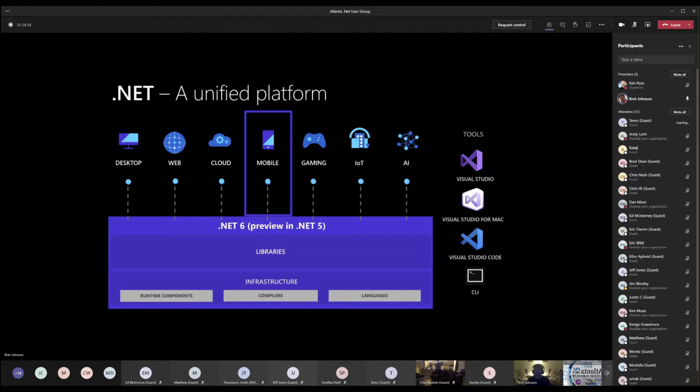And then .NET 6, so next November is when we kind of GA the fully integrated non-preview version of Xamarin that's on the same .NET as everything else, and also has more kind of